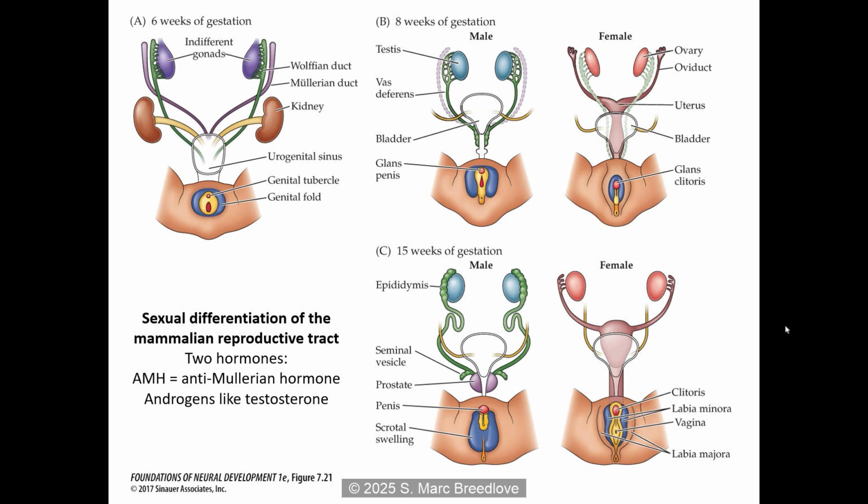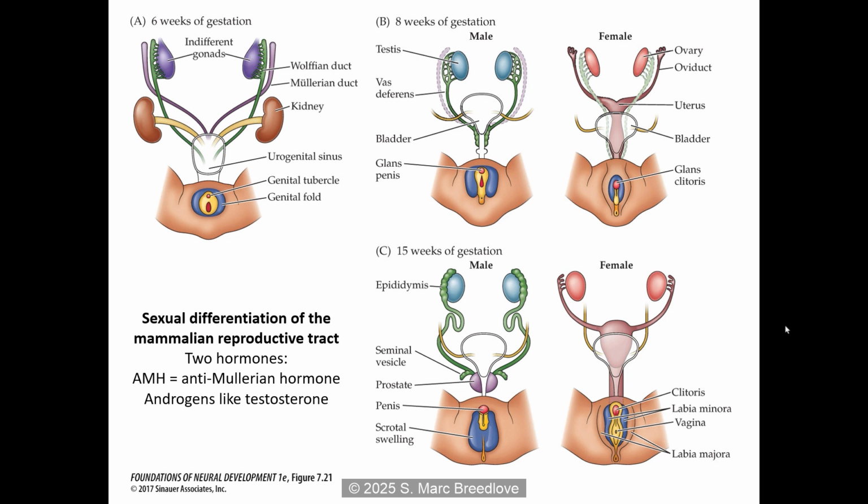And from that point on, we don't know that the ovaries put out much hormone, but testes do. And the testes will release two hormones that masculinize the body. One is Müllerian regression factor, which is anti-Müllerian hormone. It's gone through several names over the years. That's the current one. Anti-Müllerian hormone is a protein hormone that acts locally to suppress the Müllerian ducts and therefore no oviduct and uterus and inner vagina form.